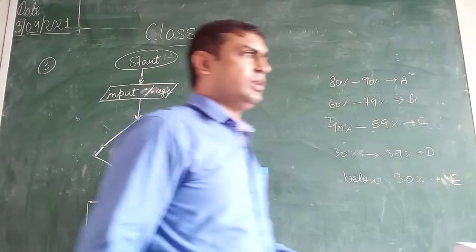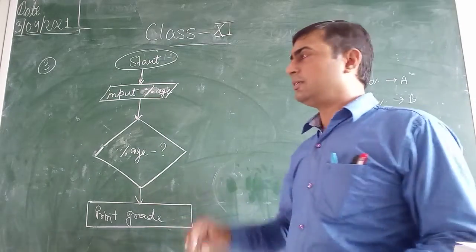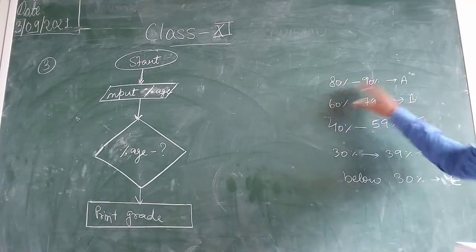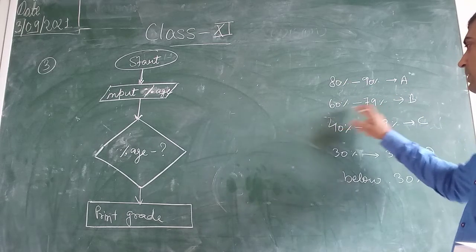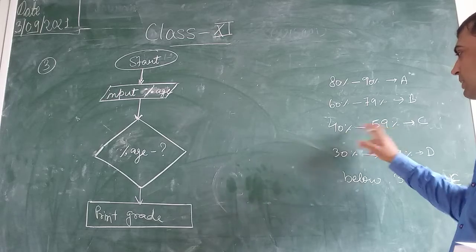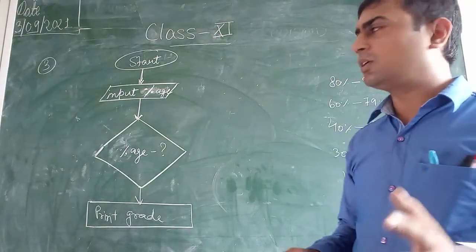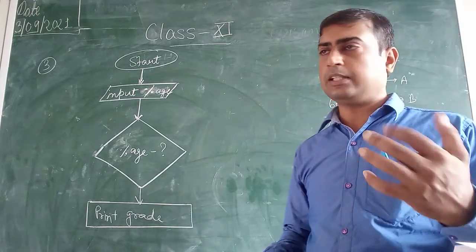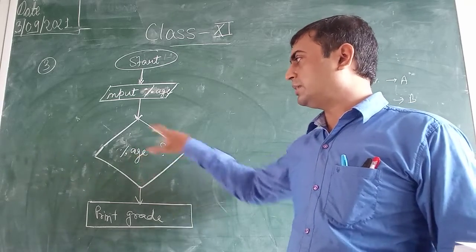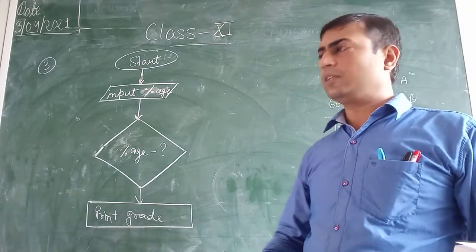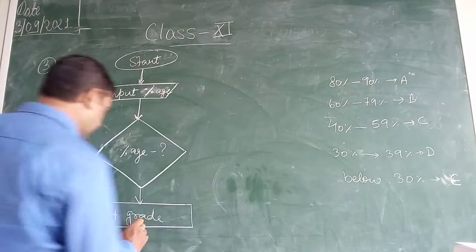This is not a fixed rule, you have to think and simply draw the design. What I have done, I have one table. If the number is coming in between, I will give A. If the number is coming in between, I will give B. If the number is coming in between, I will give C. Like this, nothing is fixed. I have started the flow chart, I have considered the input percentage, then I have checked in this decision which section it will go to, and according to the section it will print the grade. Then you have to stop it.